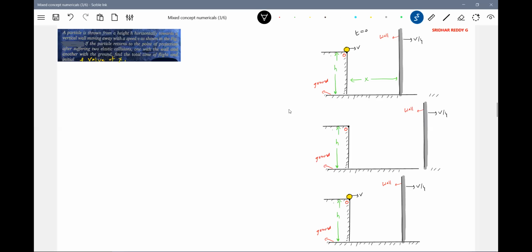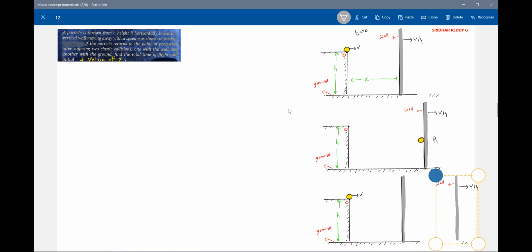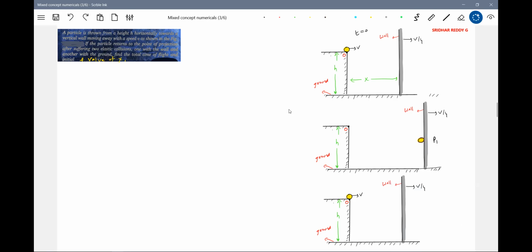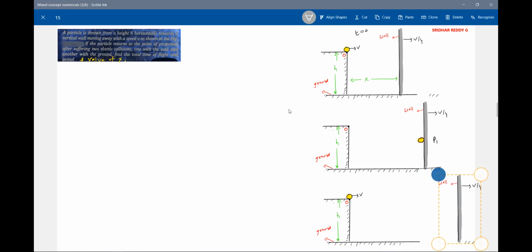Slightly I'm displacing it. You can see. And the velocity of the wall, will it change? No, it will not change. Then the ball is somewhere, it is going to collide with the wall. Let this point be P1 for us. Then again, the wall position will change. But we are not interested in what happens to the wall after collision. Let it be wherever, it doesn't matter in the problem. Leave it here.